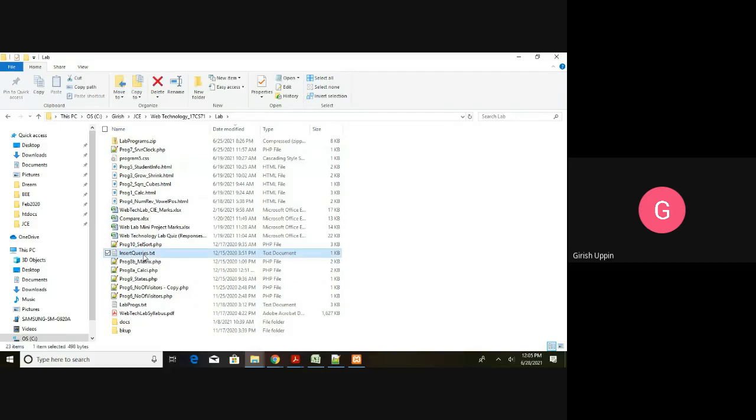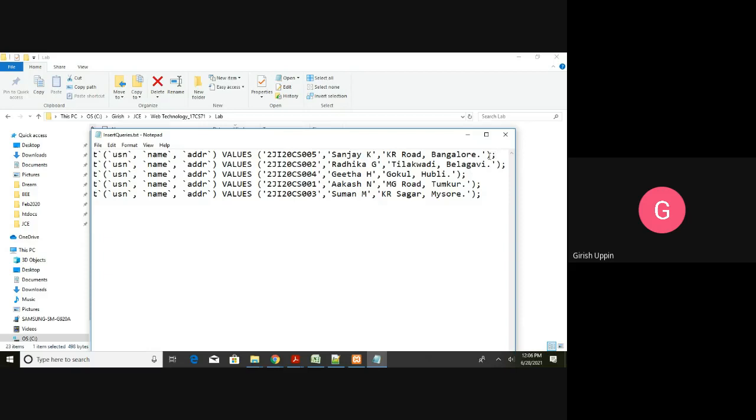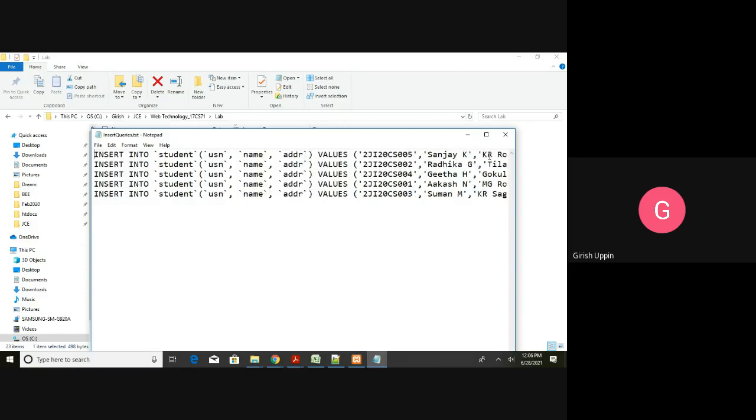You can see the insert queries here. Insert into student, it's regular SQL you have learned in DBMS: insert into table name, then in the parentheses you give the list of columns and specify the values. You can run it as one single script and enter all the values at a time.